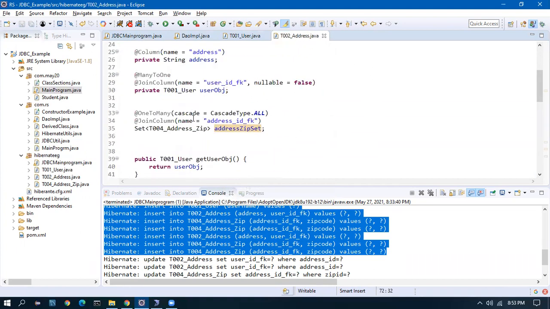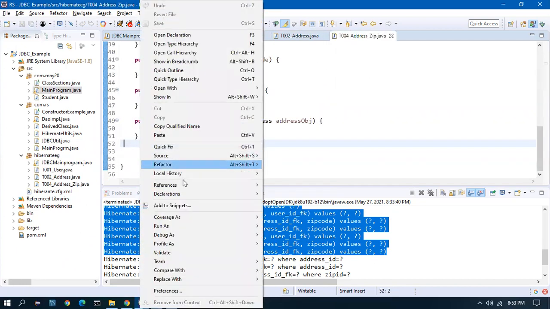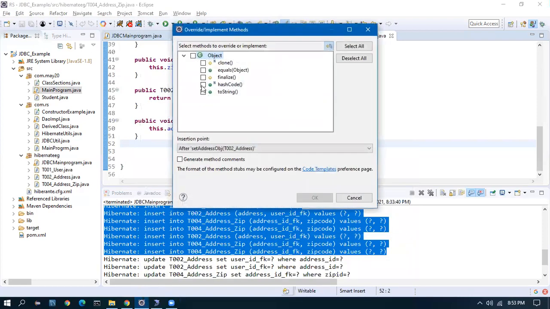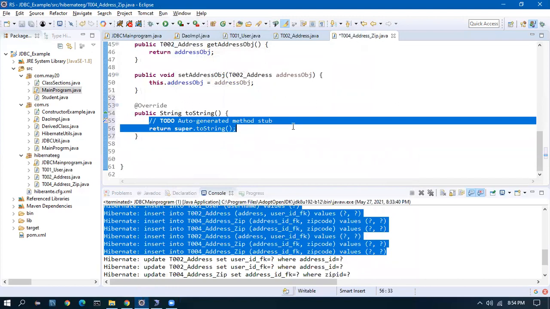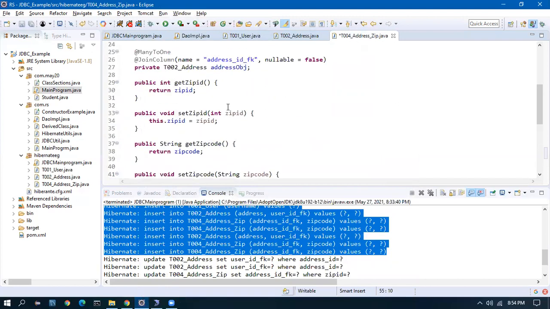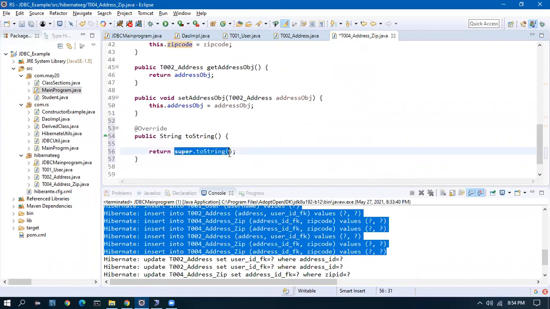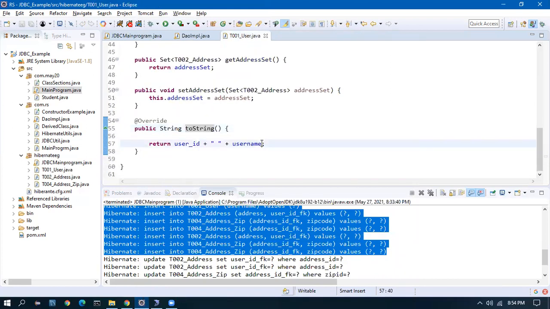Super. Now I'll go to address zip again. I'll override the toString: source, override implement method, toString. I'll go here and return the zip code. One thing I have to verify here in the user object: am I returning the address here?